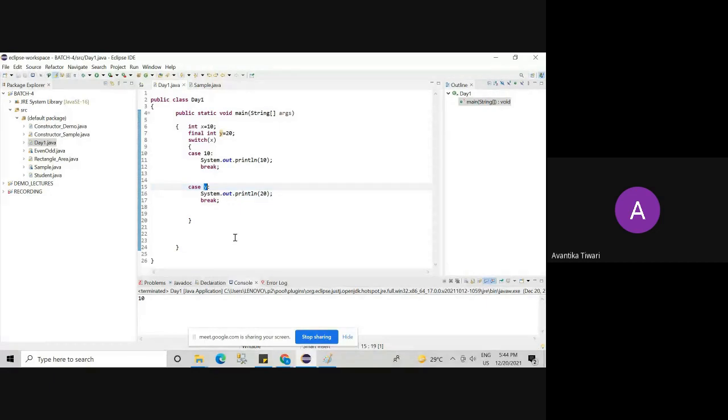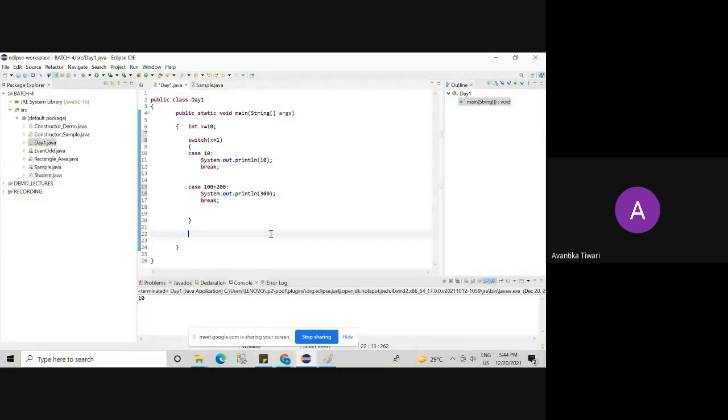Okay, next case. I am going to write one more program and you will tell me the output. Int x is equal to 10. Now inside the switch, I am going to write x plus 1. I am writing an expression inside the switch. Case 10, system.out.println 10, that's fine. Here also I am trying to pass one expression like 100 plus 200. System.out.println, what is the sum of 100 and 200? 300. Is it fine?